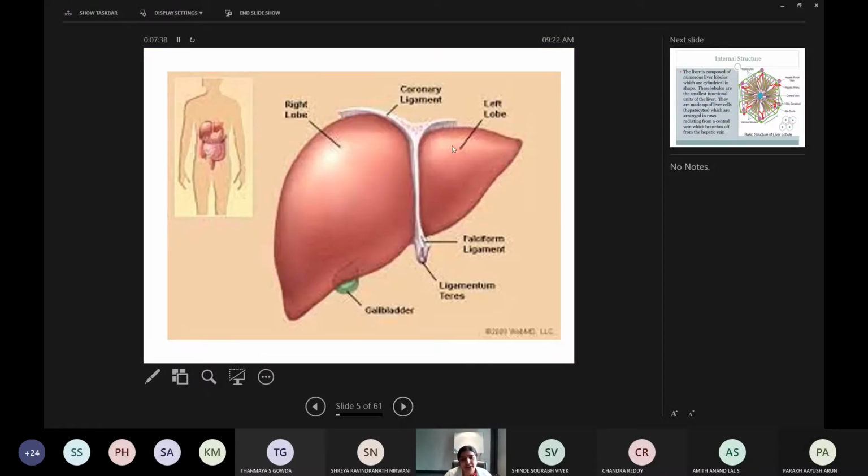Okay, so this is again a diagram I have put wherein you will see the liver, its structure, and the lobes, how they are divided, and the arrangement and relationship with anatomical landmarking. Please remember, basically right and left lobes are there, wherein the right lobe is larger than the left lobe, and this division is specifically by the coronary ligament or falciform ligament. And there are many ligaments in the liver which divide the liver into different parts.